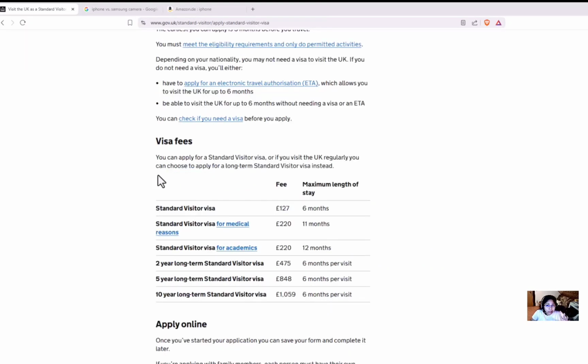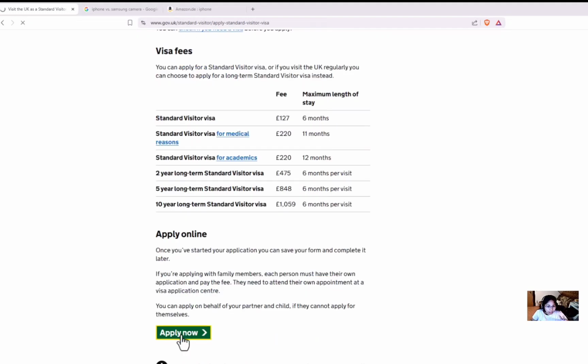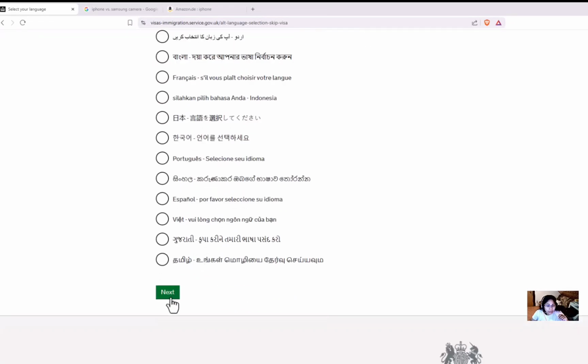After nyo po makomplete itong visa application form online, it's depend on you kung magbabayad po kayo agad or sa mga susunod na pong araw kung wala pa po tayong pambayad for the visa fee and apply online. So ito guys na may green na ito po yung ating i-click. Click apply. Please select your language, English. And then next,